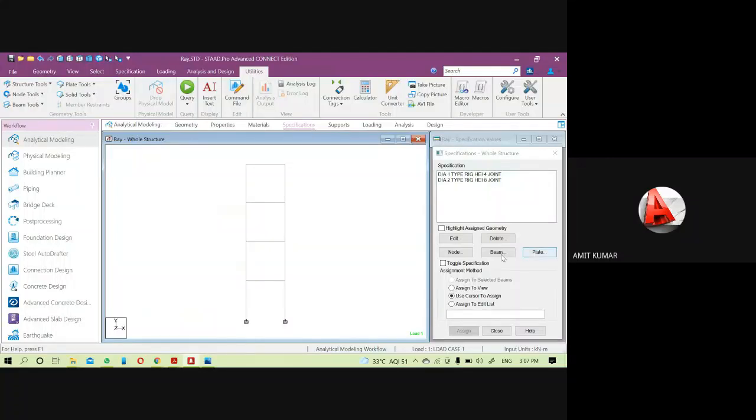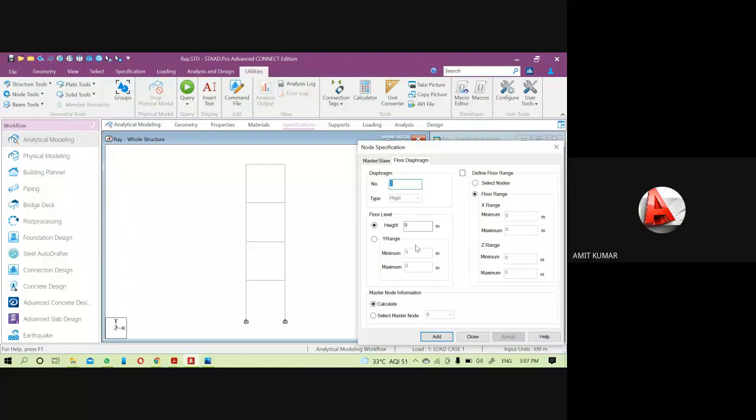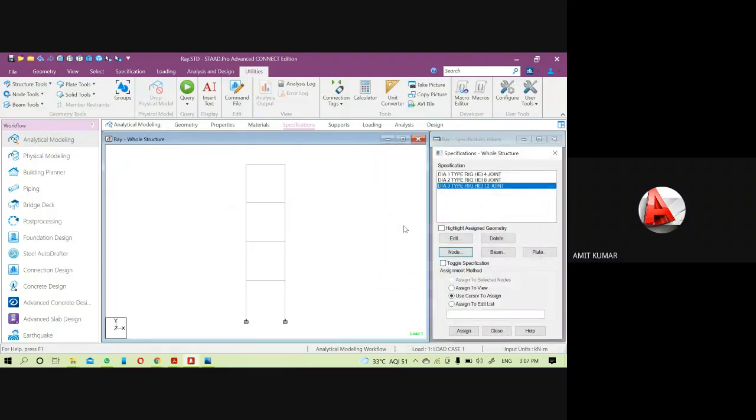Come to the specification node. Okay, next floor diaphragm, that will be 3 at a height of 12 meter. Then through the node cursor, assign it to the selected node.